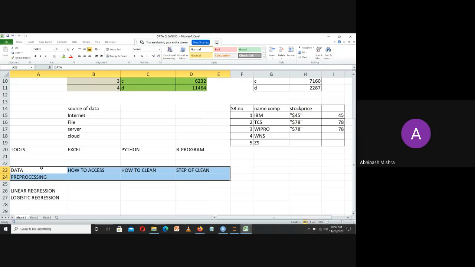Each machine learning case study has some sort of business problem. On that business problem, we gather data from different sources like Kaggle, GitHub, research purposes, a company, a government organization, or it can also be collected by survey people. For example, suppose the Indian government wants to know the population growth of India. The government will send people on a survey. They will count the people per city, per district, per state. Then they will form a cumulative count: the overall population of India is this, in 2011 it was this, in 2021 it was this. So they will calculate the percentage growth in that particular 10 year period.